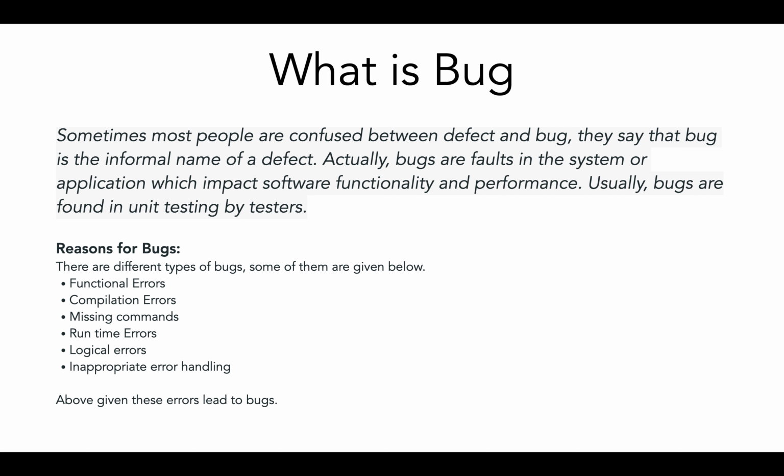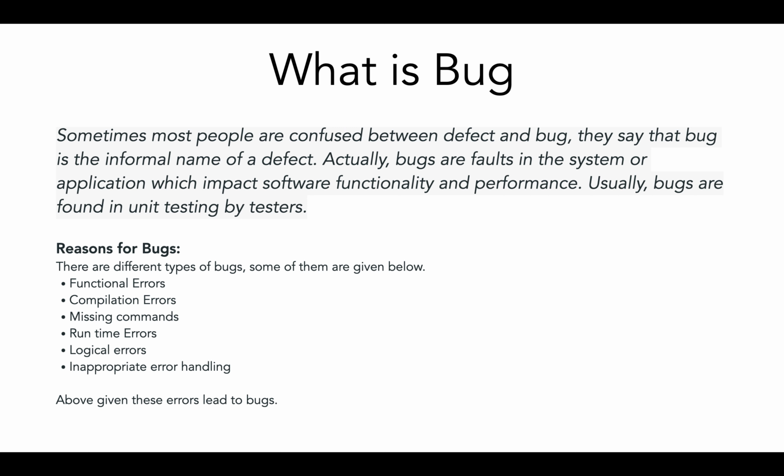The second is compilation errors: the code is not able to be compiled by the compiler, some commands are missing, runtime exceptions are coming. Some logical errors are coming and the system is behaving in an unexpected way, not the way it should. And the last one I have mentioned here is inappropriate error handling,